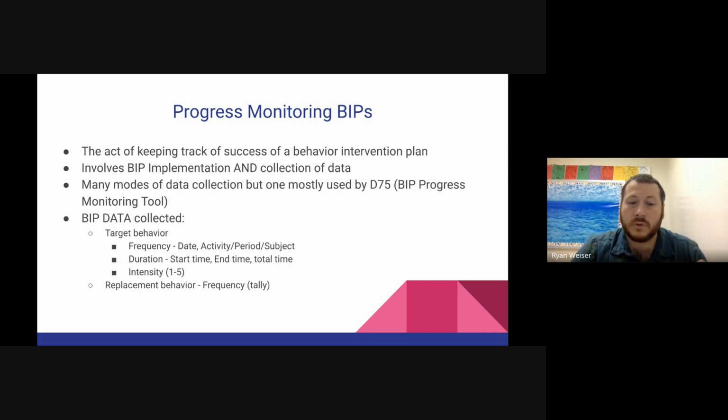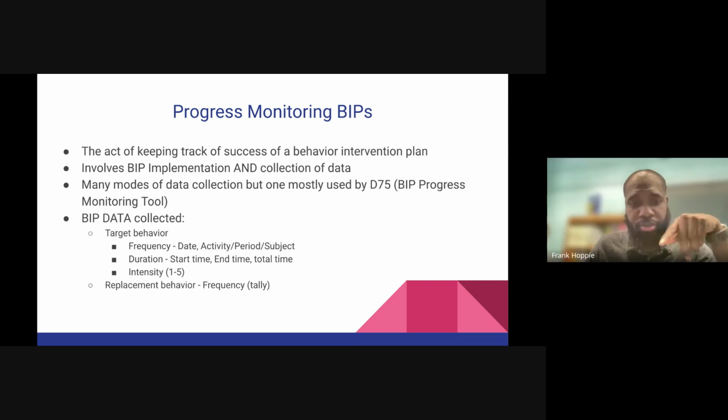And then finally, the replacement behavior itself. This will be on your BIP as well as the progress monitoring sheets. Right below that is a box. A lot of times we get a box that has anecdotes. That's helpful to a degree, but that's not where it would be put. That box is for tally marks that tell us when the student has used their replacement behavior, either on their own or with support from the team. We're going to go through that in more detail as we come along. Just wanted to add a little piece of information there.